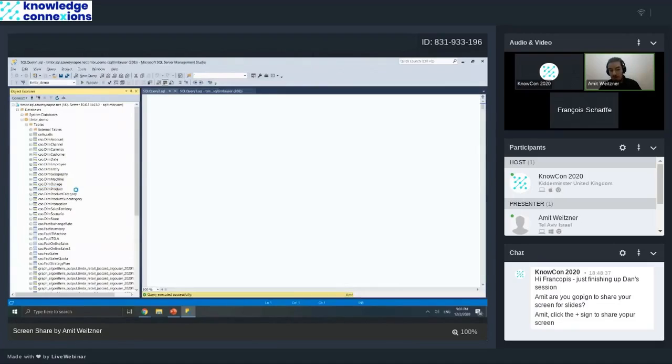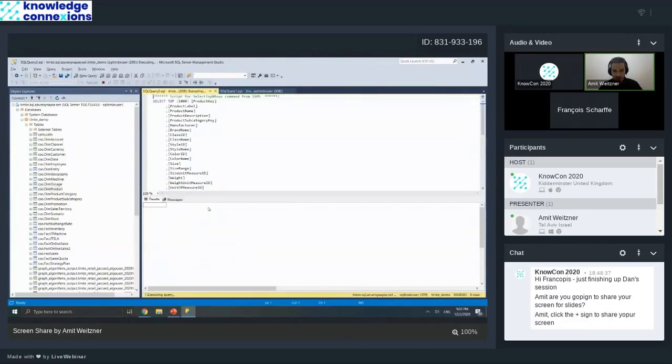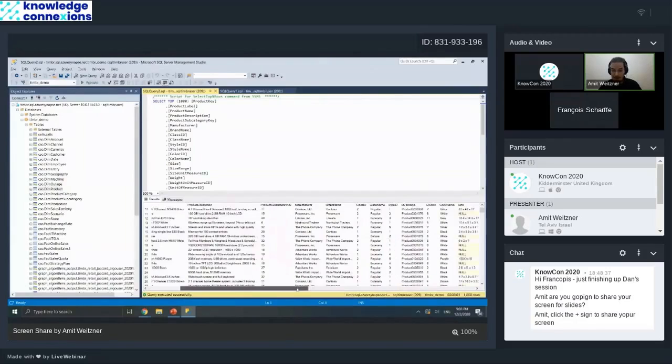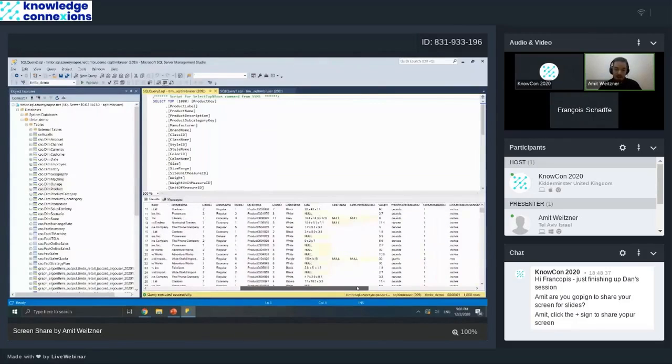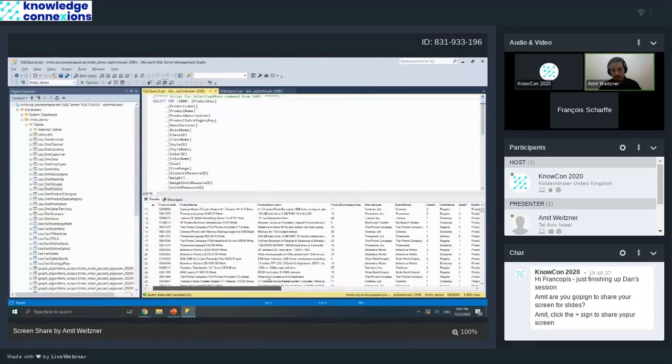So now we can query the product table and get a list of all the products. So I get the product ID, product name, description. You can get the manufacturer, the brand name, color, all the attributes you have of a product. But what makes this interesting is if we want to analyze the sales of all of my products and